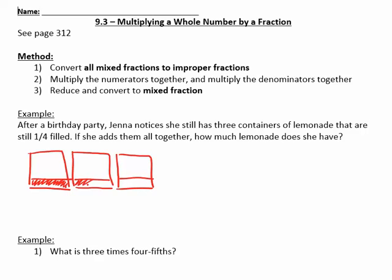that are 1/4 filled. This is not a great fraction. But if I add them all together, how much lemonade does she have? So let's just rewrite this as 1/4 plus 1/4 plus 1/4. And as we learned in earlier grades, this is a repeated addition, or you can represent this as a multiplication, 3 times 1/4. Well, if we add these 3 together, we know that quite simply 1/4 plus another quarter plus